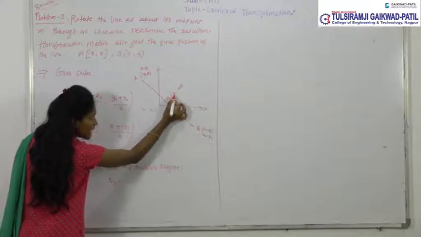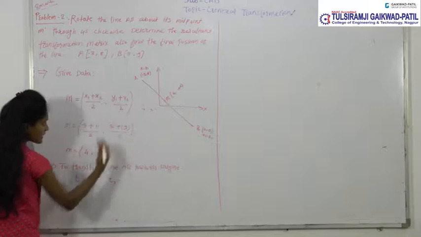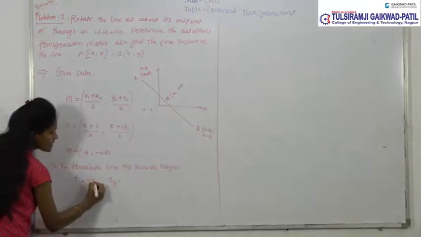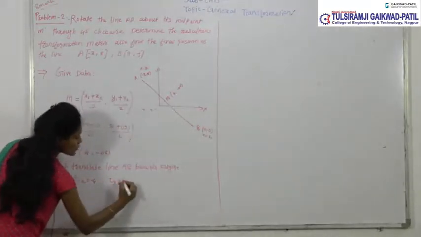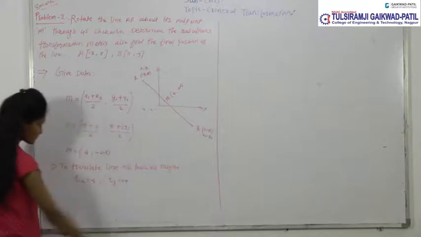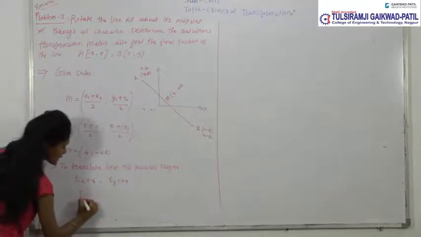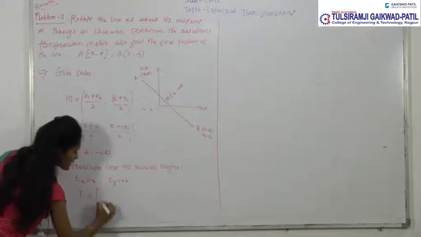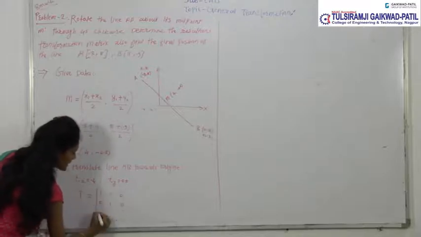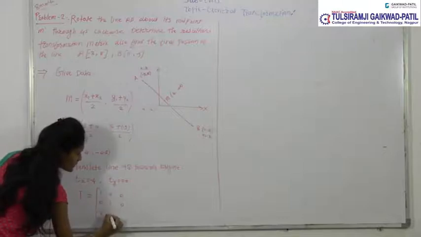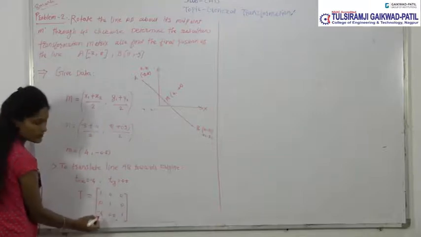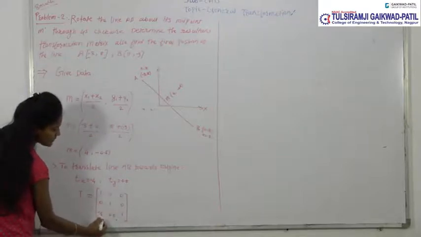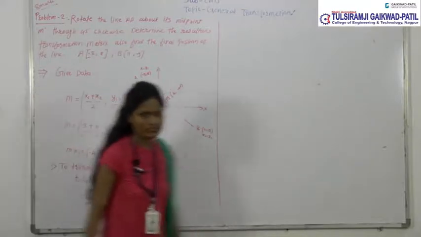If the x value is plus 4, after the backward translation the value is minus 4, and the value of y is minus 0.5, so the translation back along y is plus 0.5. In matrix form, the standard translation matrix T is 1 0 0, 0 1 0, Tx that is minus 4, Ty that is 0.5, and 1. This is the standard translation matrix. Here I put the values of Tx and Ty. That is the first step.